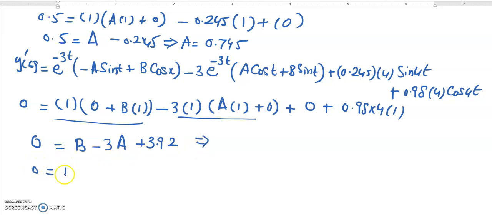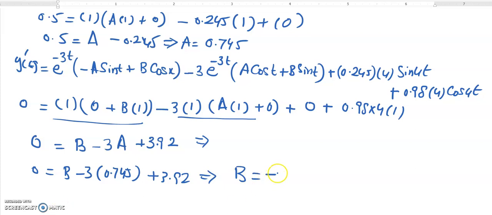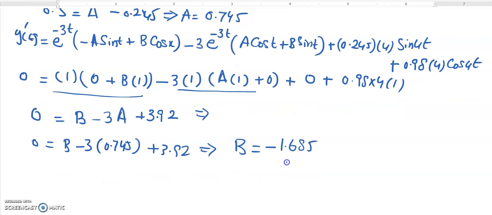So 0 is equal to b minus 3 times a, which was 0.745, plus 3.92. So solving it for b, the value of b will be minus 1.685. So finally the solution of the equation will be e^(-3t) times a was 0.745